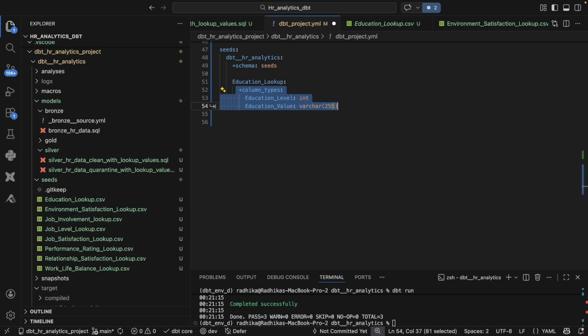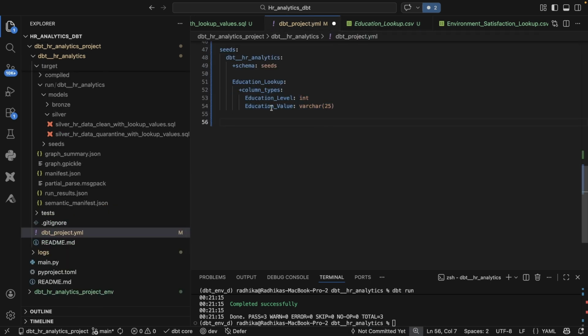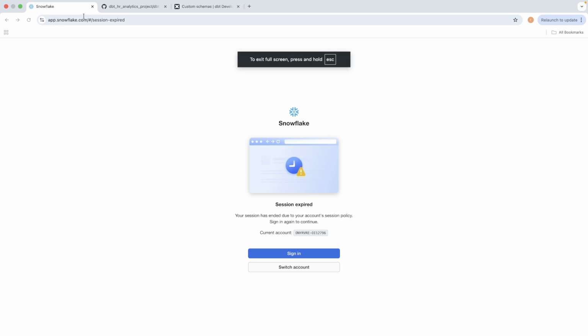But the recommendation from dbt is that when dbt is going to convert these CSV files or these seed files into tables in Snowflake, it tries to look at these files and infer the best data type that it can assign to each of these columns. So dbt will look at a few rows and then decide the data type. Usually dbt does a good job at it, but if it has not done a good job and you want to specify a certain data type for a column, then only dbt recommends that you use these settings. Now, I don't want these settings because let's go back to our